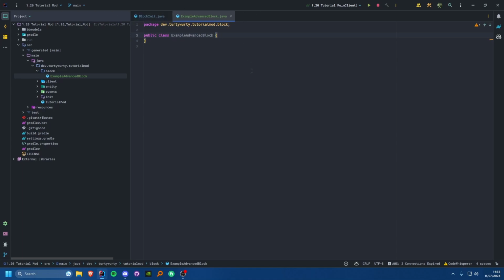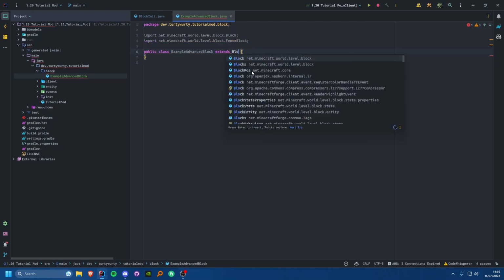So with this block class, you can do two possible things here. First of all, you can just extend block. Fairly simple, right? So you just have a normal block, which ideally is what you would do, because maybe you want to extend something special, right? So maybe you wanted to extend a fence block. You can do that with this first method. So that's the one I'm going to show you first.